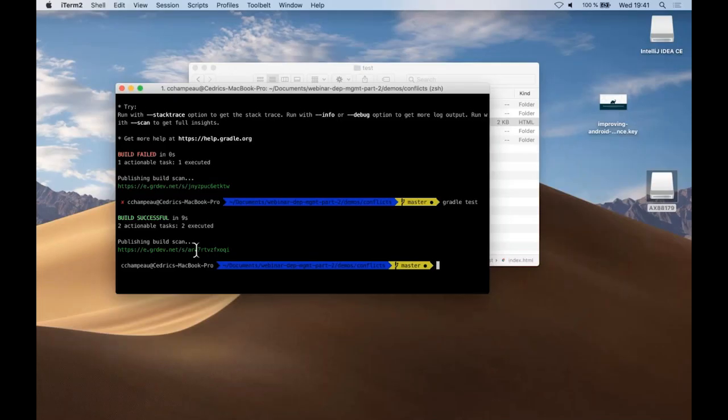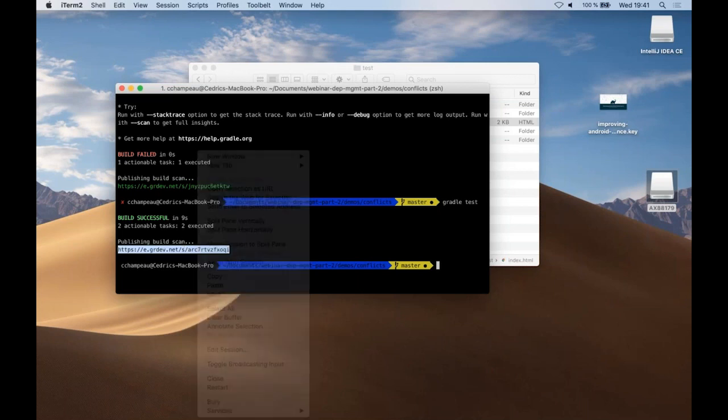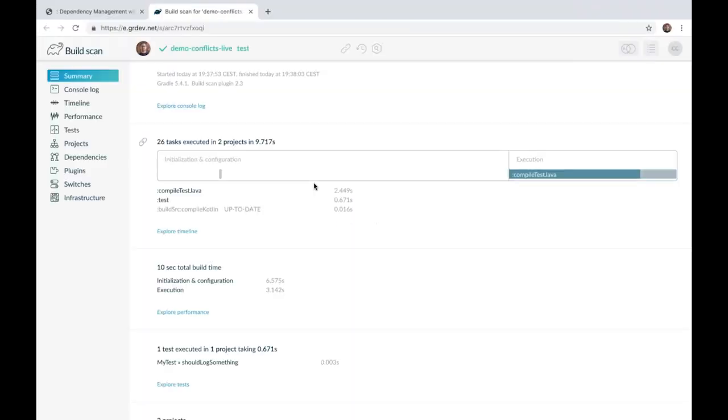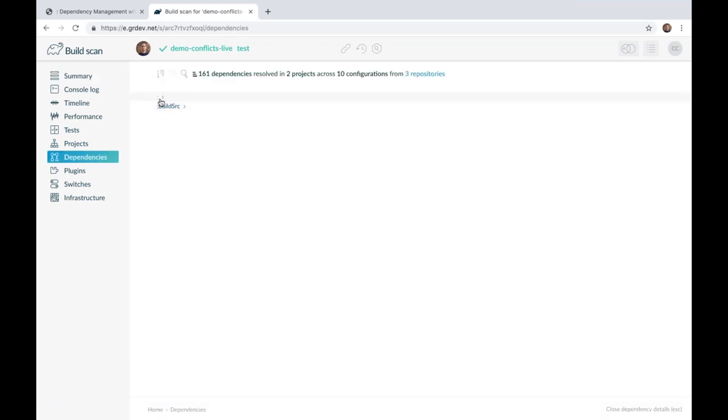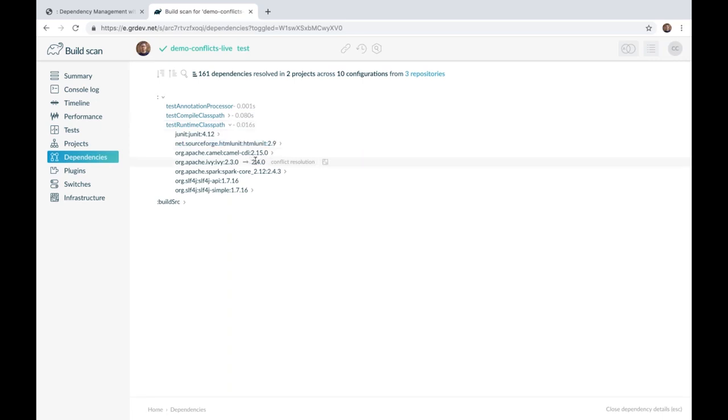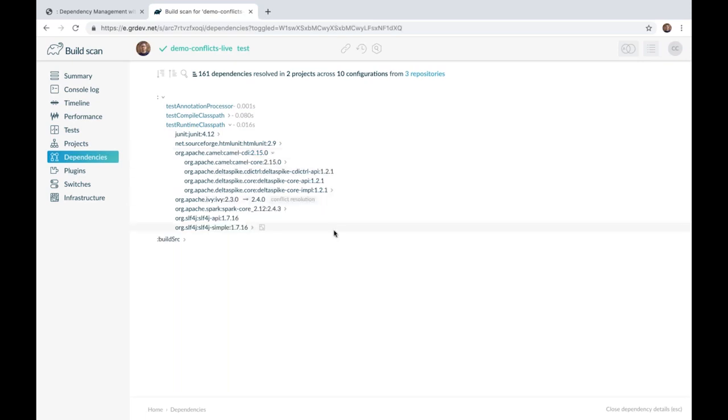All right, so let's go into a different kind of conflict, because we solved a pretty hard one, which is the logger conflict that everybody has, but we have more kinds of conflicts. So I'm going to open the build scan for my last passing build and see what other kind of conflicts this has. So I'm going back to the test runtime classpath, and if I open this camel CDI dependency,